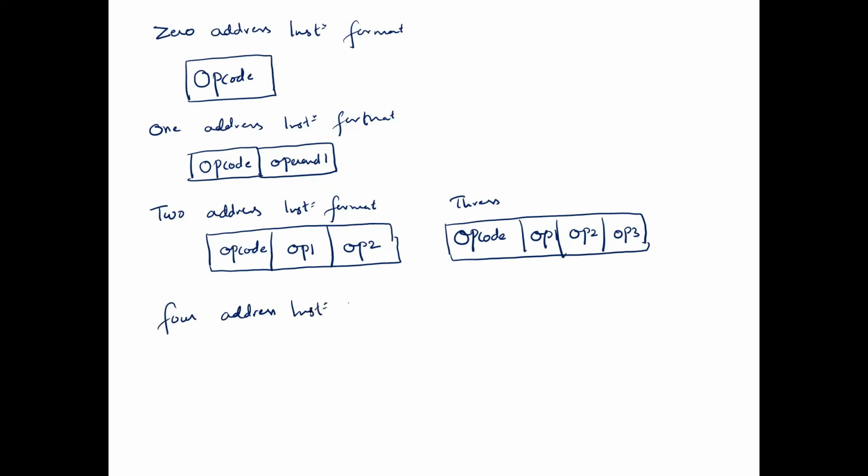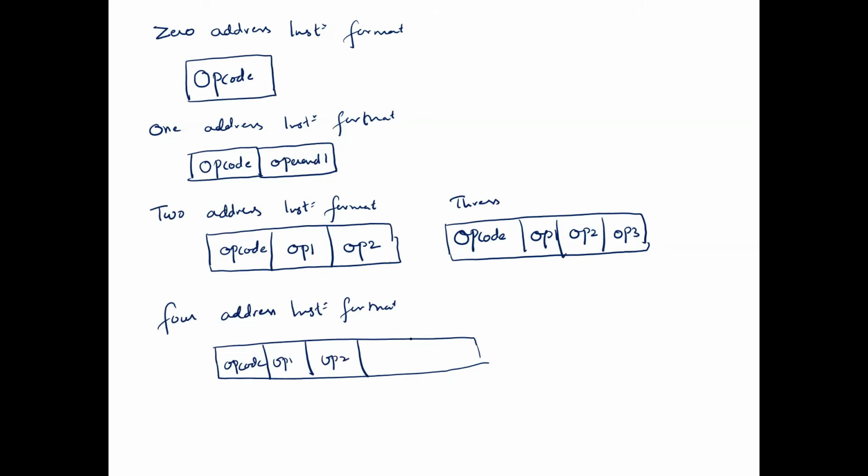Now look at all these instruction formats. Now what do you feel? What is your observation in these different types of instruction format? Here we have opcode. This will be for operand 1. This is for operand 2. This is for operand 3. And this is for the next address. I will write next. This will be destination. This will be source 1, source 2. This is destination. This is source 1, source 2.